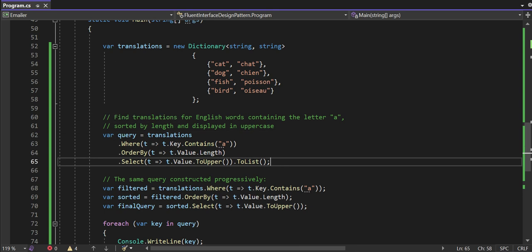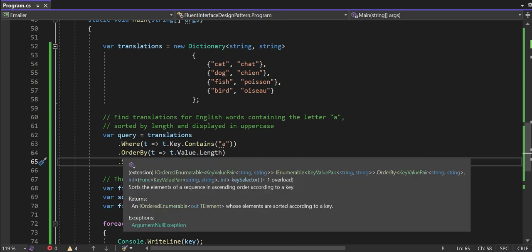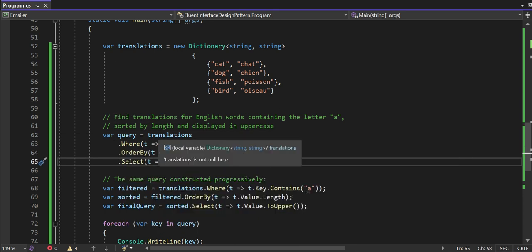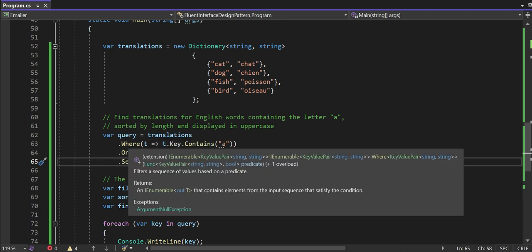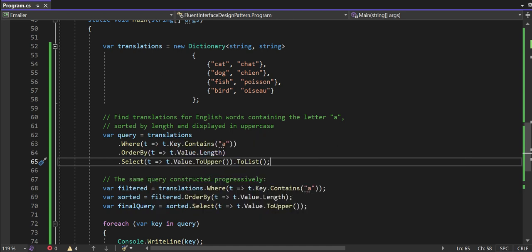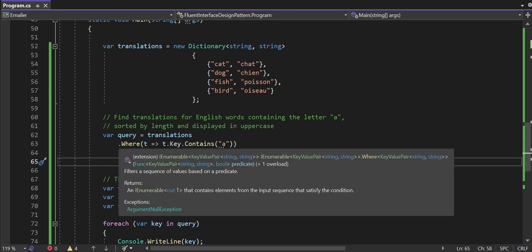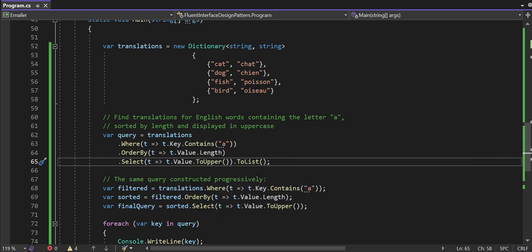So var query equals translations dot where. Can you see the method chaining? Translations is my dictionary. Translations dot where is a method coming from the System.Linq namespace, and it is an extension method. So translations dot where t goes to, if t dot key contains a, as per the problem statement, then dot order by. First, when you called translations dot where, it applied this where condition on the elements of this translations collection, or dictionary. Then it returned one more